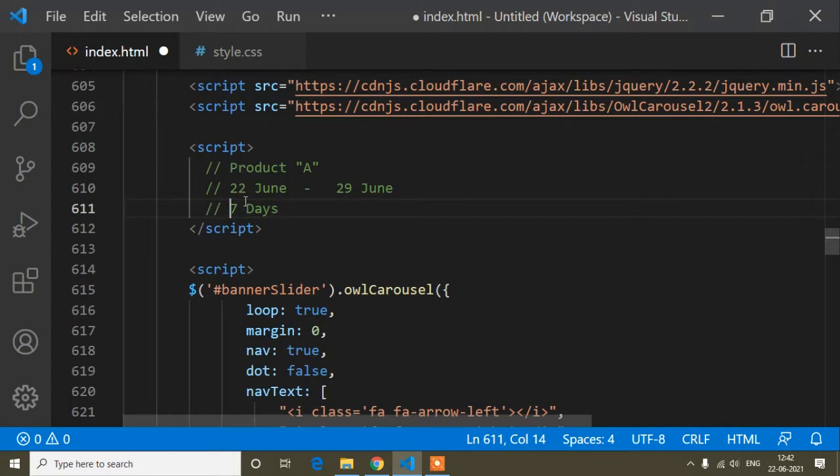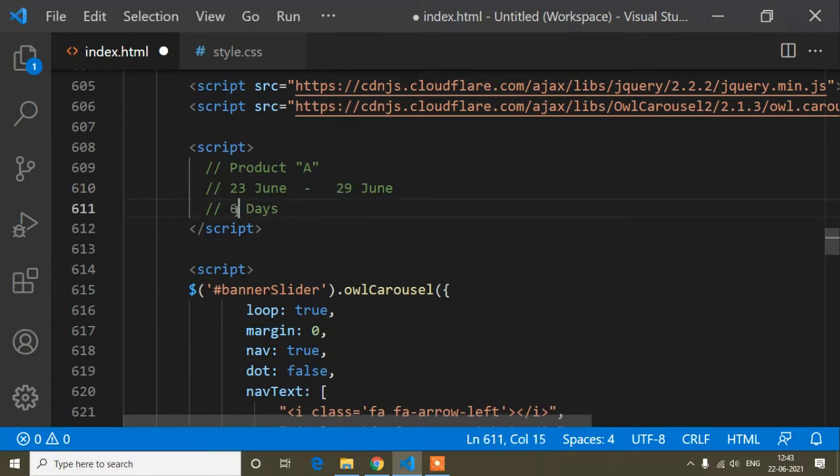That means today is 22 June, so people have 7 days left for getting this offer, and tomorrow it will be 23 June, and the offer will expire on 29 June, so 6 days are left.